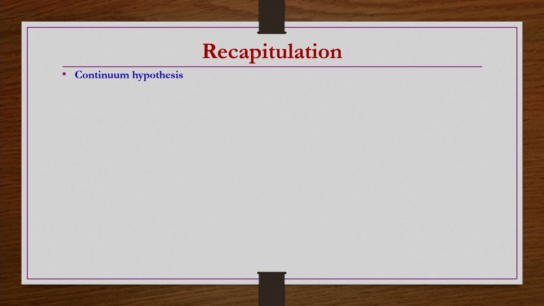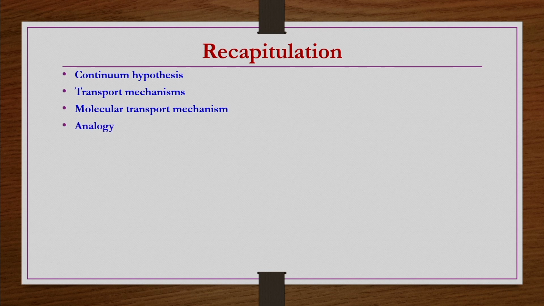Before going into the details of equations of change for non-isothermal systems and the derivation of the respective conservation equations, we are going to have a recapitulation of what we have seen in the last two lectures. In the last two lectures, we have seen a few basics of the continuum hypothesis. Then we also recapitulated transport mechanisms, and out of which we have seen the details of the molecular transport mechanism concerned with momentum transfer, heat transfer and mass transfer. Then we have also seen the analogy amongst momentum transfer, heat transfer and mass transfer, especially when the transport mechanism is governed by molecular transport.